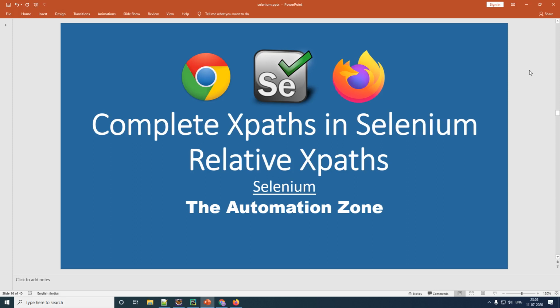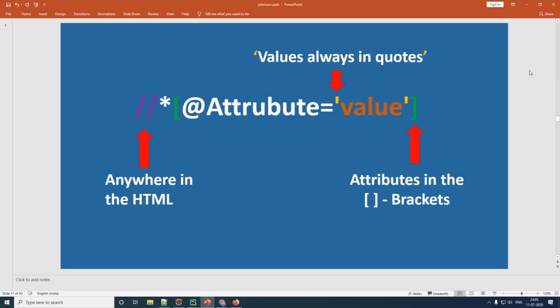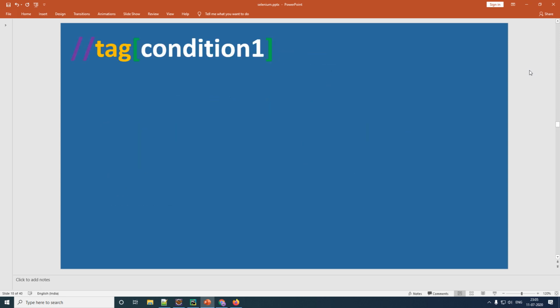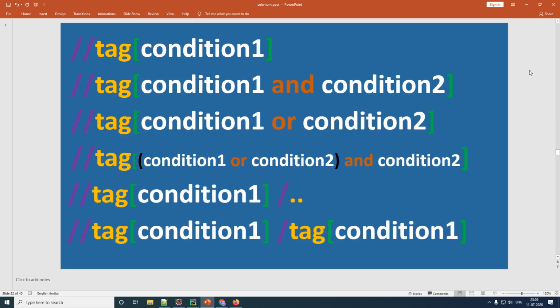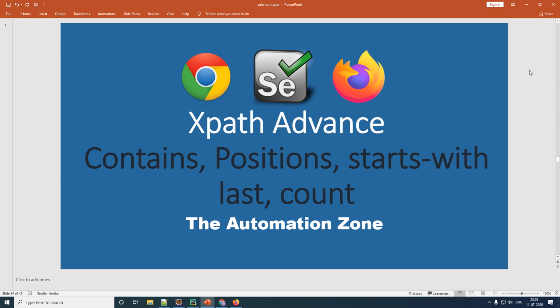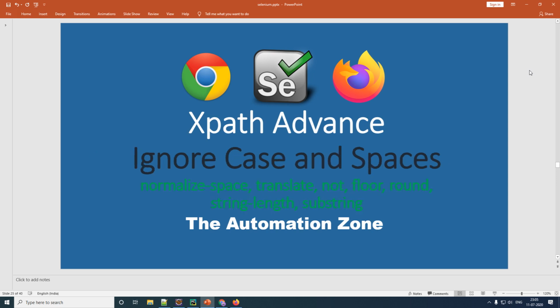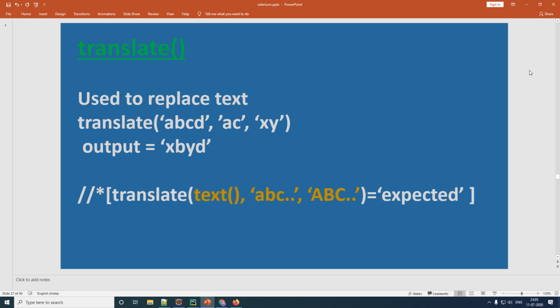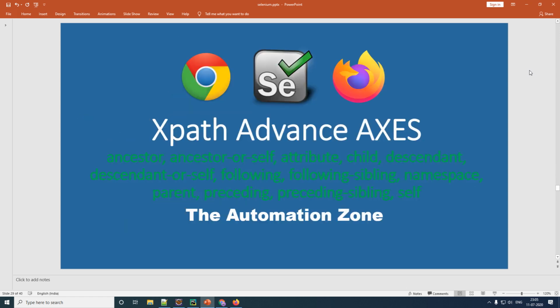Welcome everybody to this complete and in-depth tutorial on XPaths, in which we will learn how to create XPaths from the most basic level to the most advanced level there is. In this tutorial, we'll first learn how to create your basic XPaths, followed by XPath with various conditions. After we have learned the basics, we will then go to the advanced level, which basically means XPath which contains functions. After we have learned all the XPath with functions, we will then go ahead even further and learn XPath